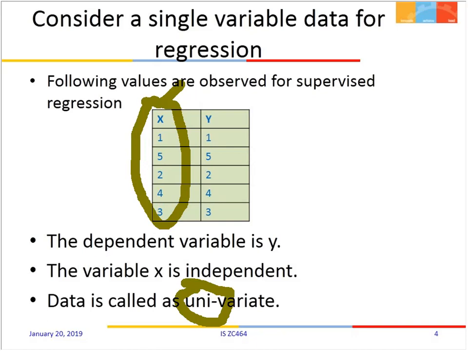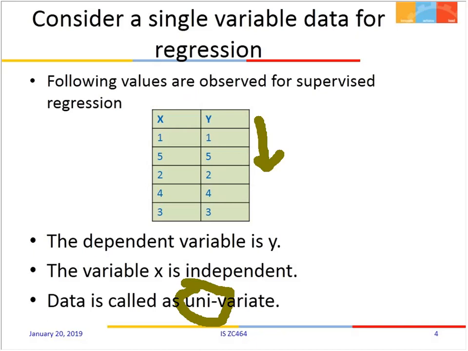of observations. So there are 5 observations where it was seen that whenever the environment variable x had value 1, then its corresponding value y was observed to be 1. When this value x was 5, then its dependent variable y had its value 5, and I have taken a pretty straightforward set of values. So that as we go downwards in this table, 1, 1, 5, 5, 2, 2, by the time we are